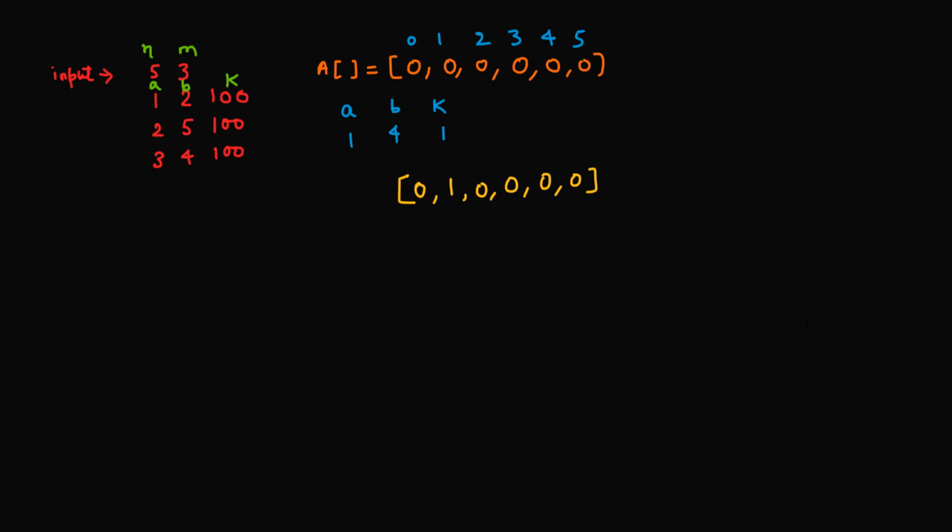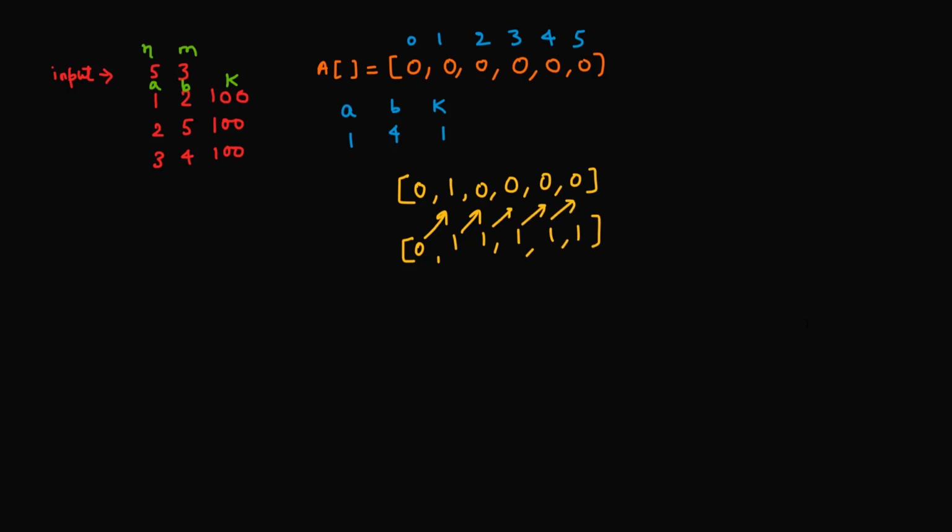If I apply some algorithm on this array, then see what we'll get. I hope you remember, guys, what the prefix sum algorithm is. If not, then please check out my tutorial on the top right corner and come back to this. So it will be easy for you to understand. So what is the prefix sum algorithm? Just add the previous element plus the current element. So 0, previous element plus current element, 1, previous element plus current element, 1, like that. If you keep on adding, you will find this is the array.